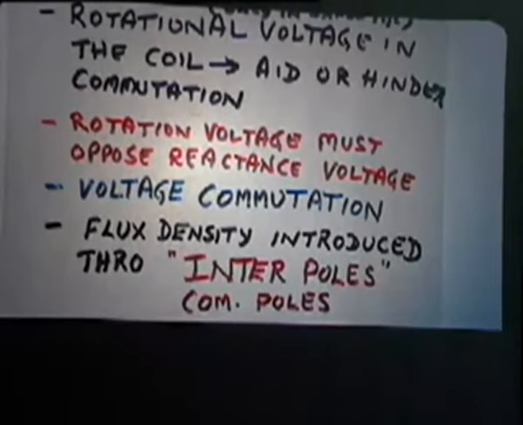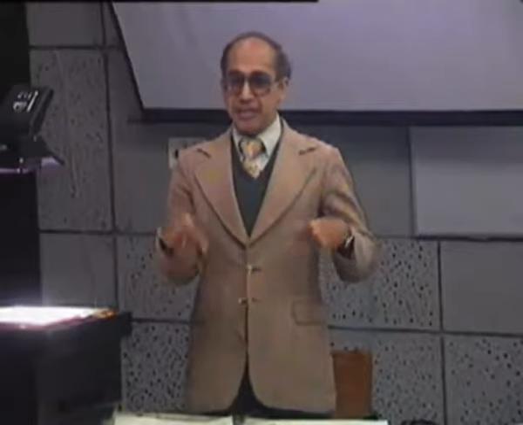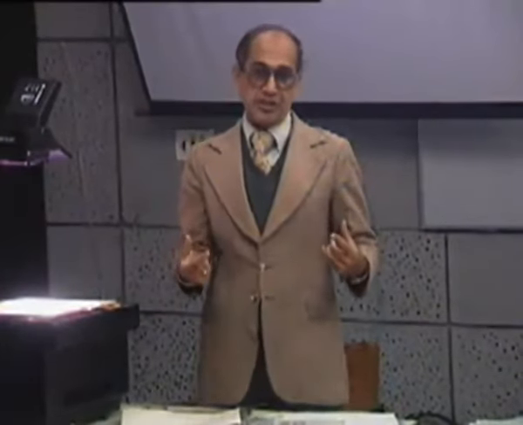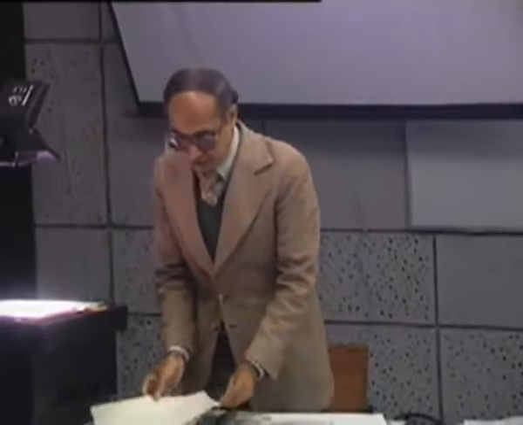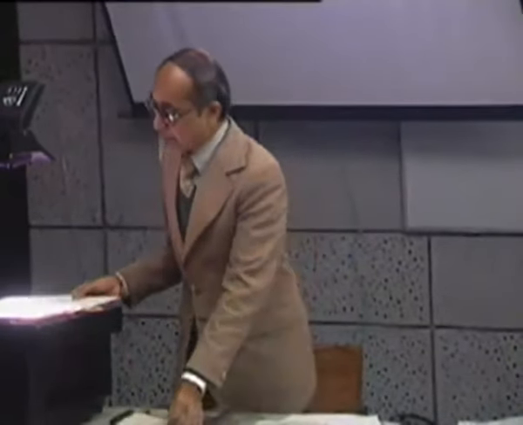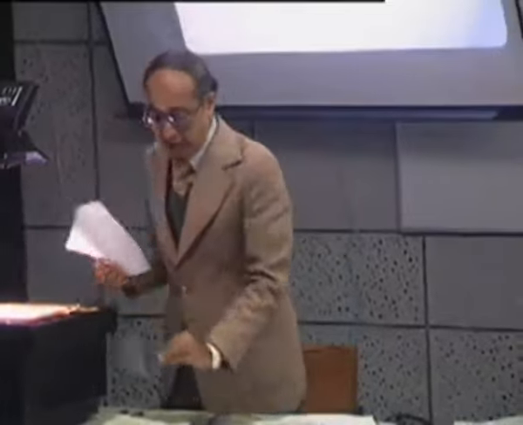That means you fix some small poles in the interpolar region, and those poles will be carrying current which will be the same as the armature current, because it has to nullify the armature reaction, and it must be linear. You don't want that pole to have magnetic saturation, so it must be wound in such a way that it always works on the linear portion of the BH curve. So we come to an important aspect of the so-called interpoles. So we can see how these interpoles are fixed.